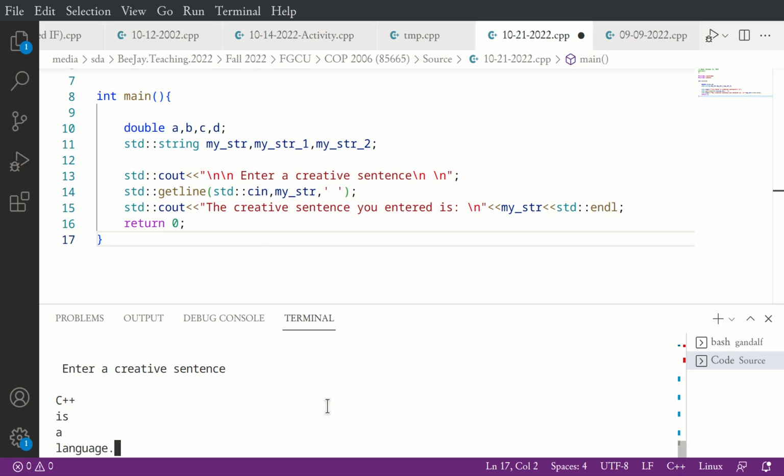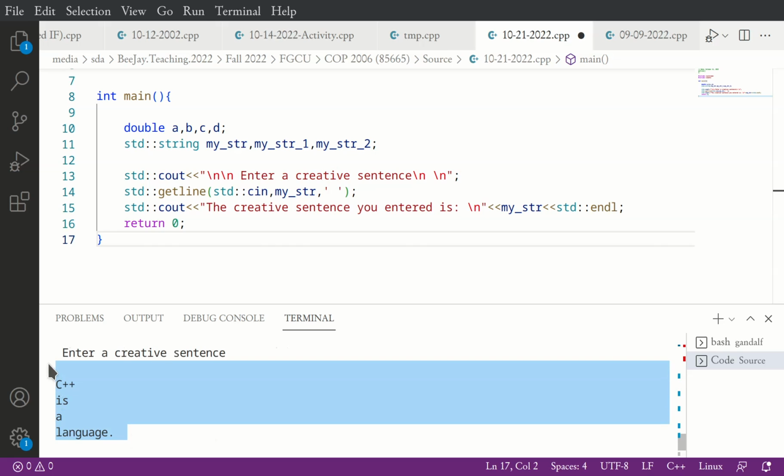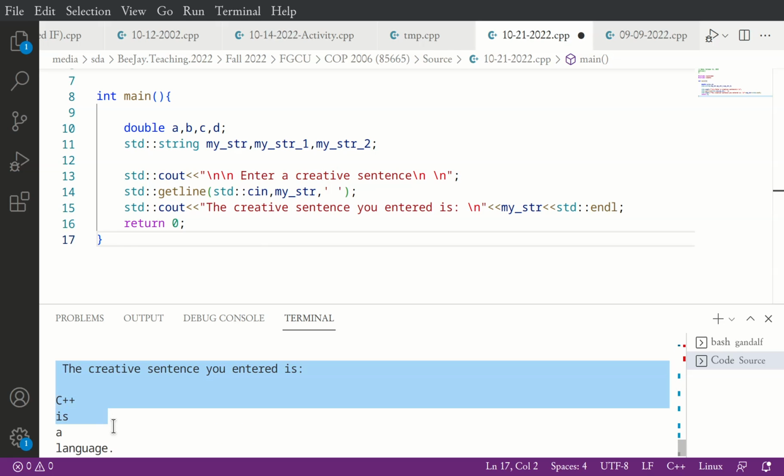Language, how about that? Enter. So that is the input, that's the output, but still my output is not in a single line, right? It's not a single statement.